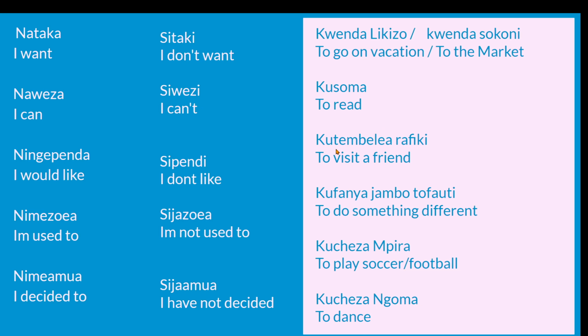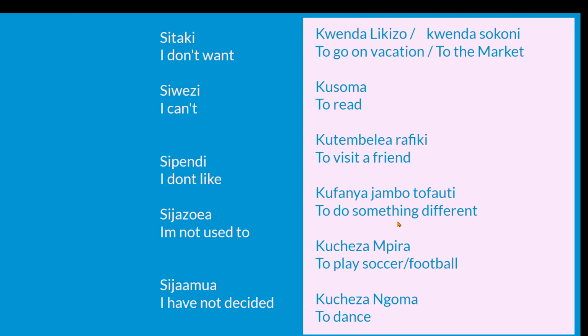If you want to say nimezoea, I'm used to play soccer, nimezoea kucheza mpira. Sijazoea, I'm not used to playing soccer. Now, to make it a little more interesting, we can remove the positive and just play around with the negative.